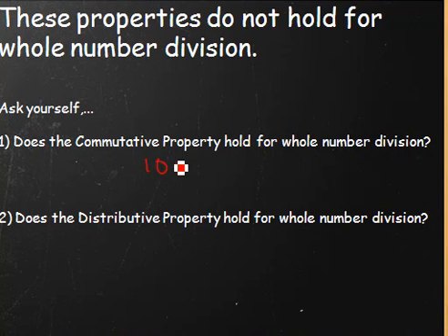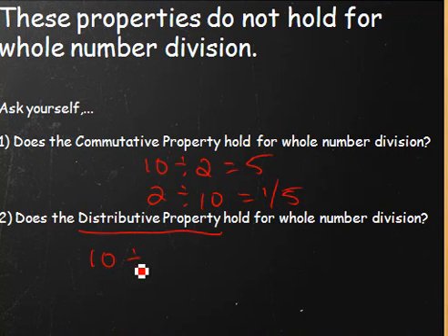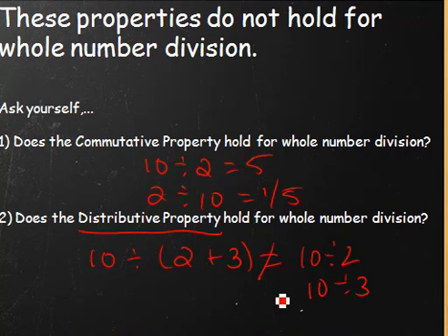We know that 10 divided by 2 is 5, but 2 divided by 10 is 1/5. For the distributive property, if we looked at 10 divided by 2 plus 3, or 10 divided by 5, I should get 2. But instead, I get 10 divided by 2 if I did the distributive property, and 10 divided by 3, which is not